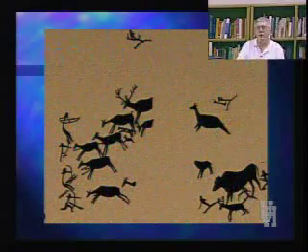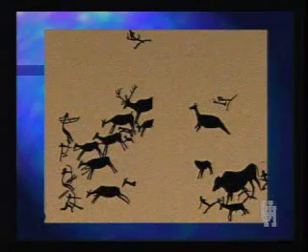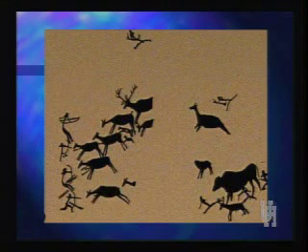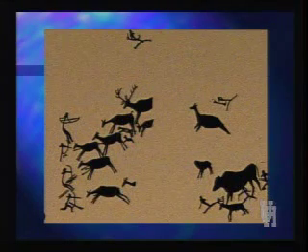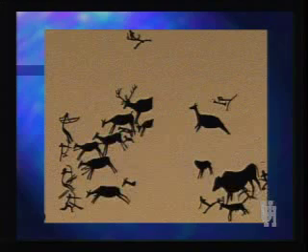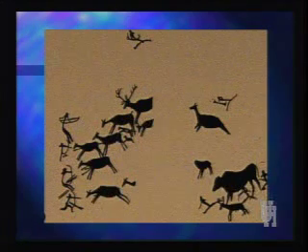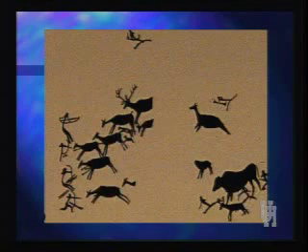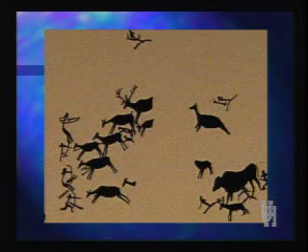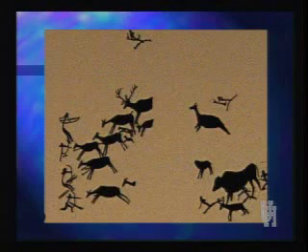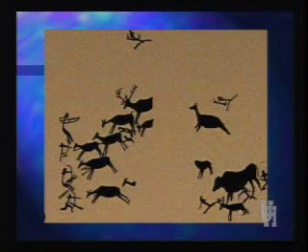So if you look at cave paintings that go all the way back to prehistoric times, what you see depicted here is a stampeding herd of deer driven by beaters, who are confronted by the deer, are confronted by a line of bowmen. What it represents is an example of cooperative hunting from a Stone Age rock painting that is on the walls at Cueva de los Caballos, I should say, in Spain.